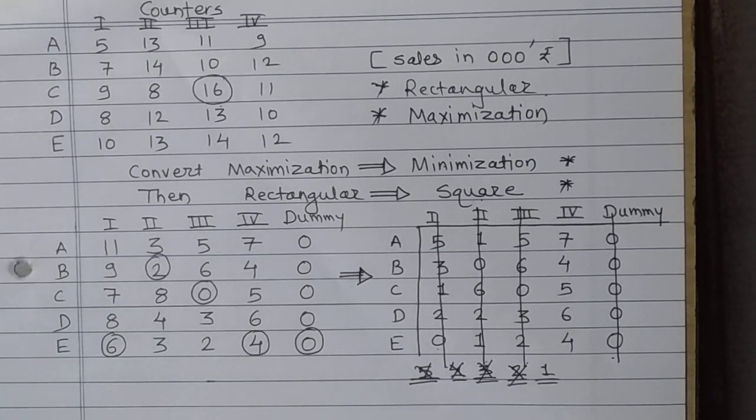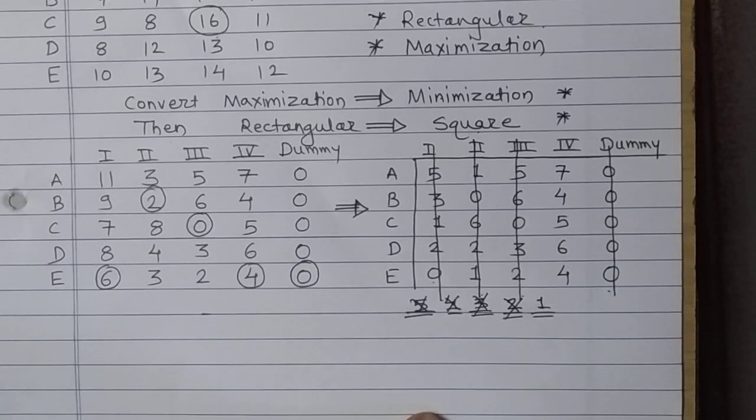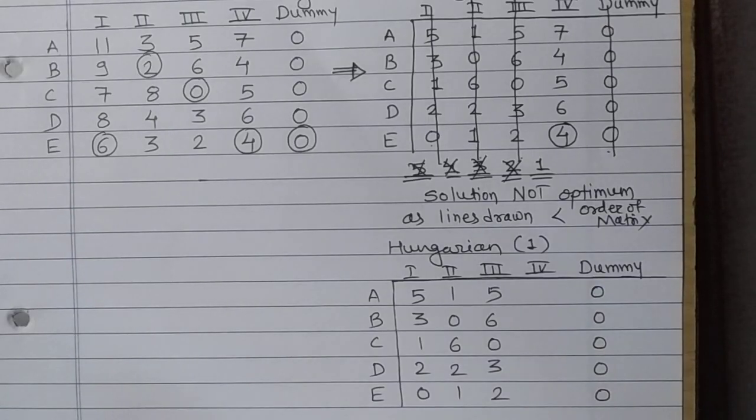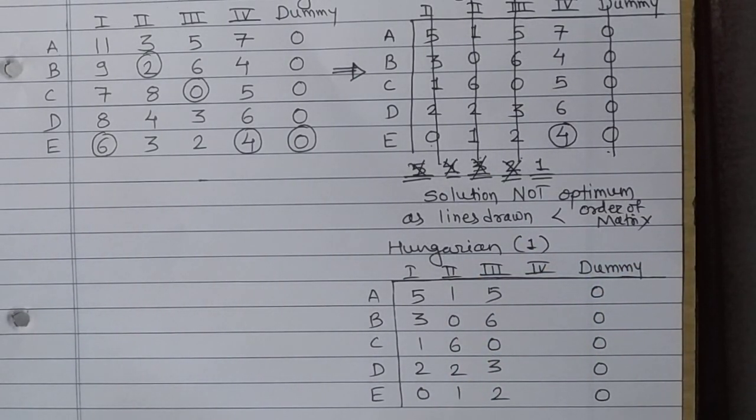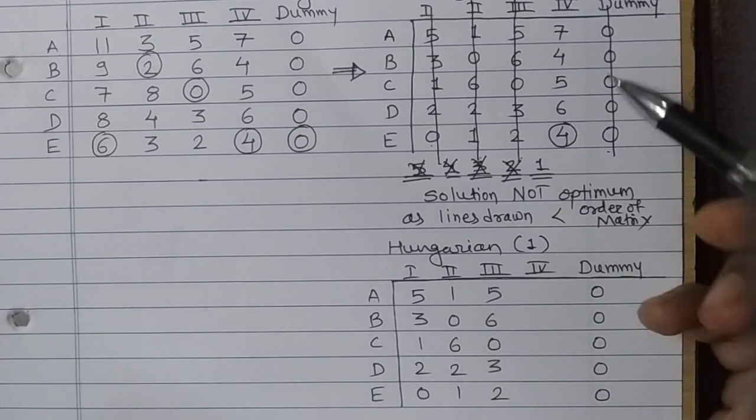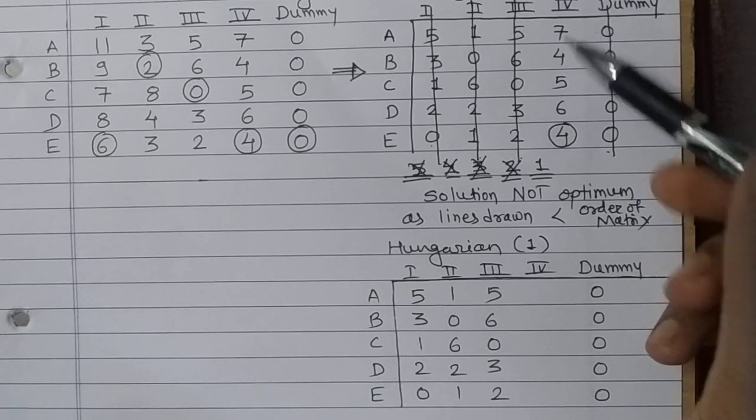So you have to write that and you have to proceed with the Hungarian method. Start doing it with me. Here are the elements which are present on one line. I have written them as they are. Now the next set, the elements which are not present on any line. So this is the set.